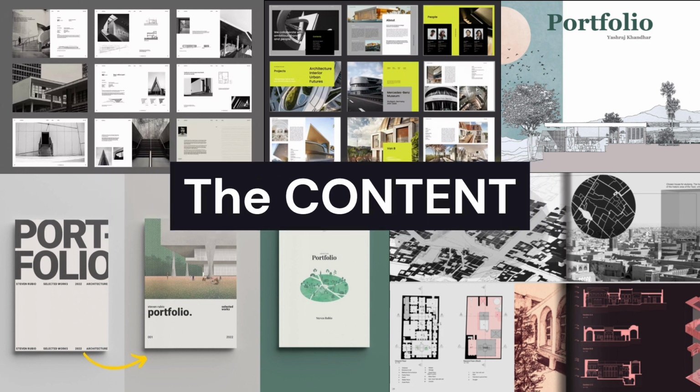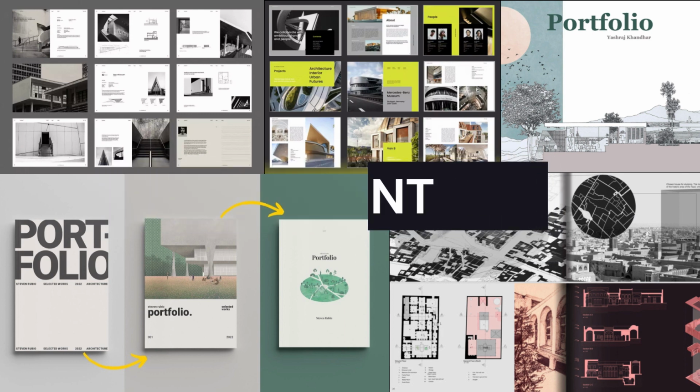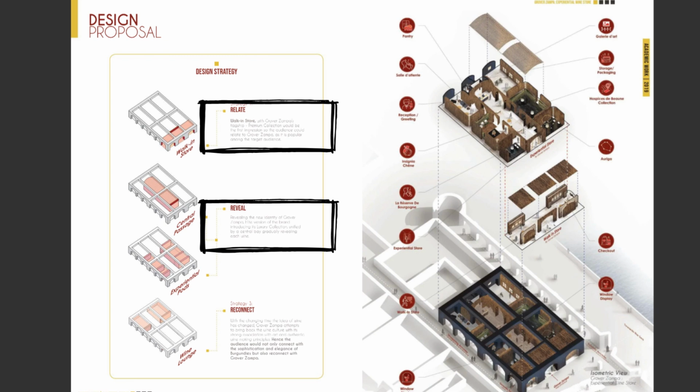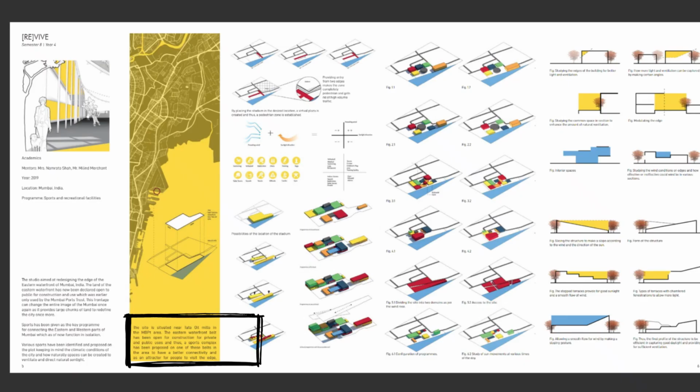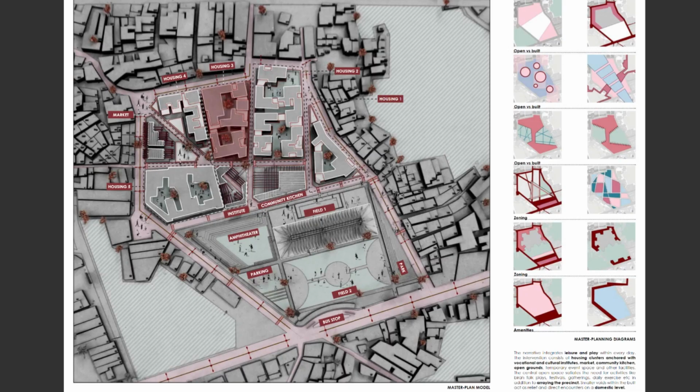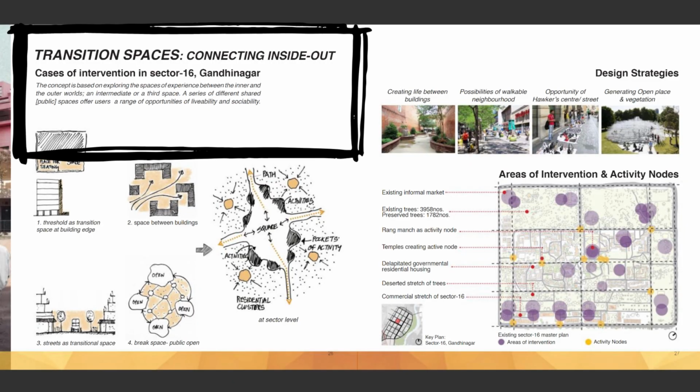Number 7. The content. After you have chosen your template, your project and decided which software you are going to compile your portfolio in, now you need to focus on the content. Give a little introduction to each piece of work you highlight, followed by more information explaining your goal.